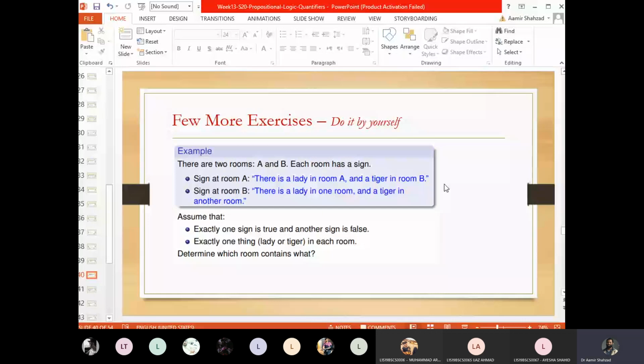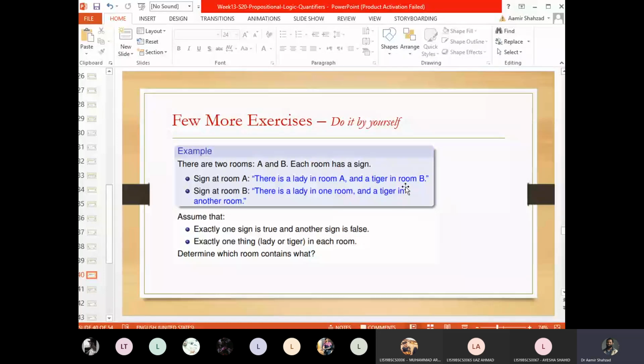In the second statement तो exactly यही बात कह रहा है कि there is a lady in one room, it could be room A or B. So अगर room A है तो there is a lady in one room and a tiger in another room. So अगर तो statement A is true, statement B तो उसको verify कर रहे हैं. So हम ये नहीं कह सकते अब कि एक statement ठीक है और एक statement गलत है. अगर तो statement B गलत है तो फिर statement A भी गलत हो जाएगी. So यहाँ पे ये चीजें फिट नहीं बैठ रही.